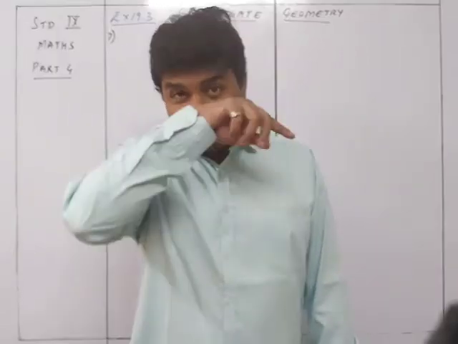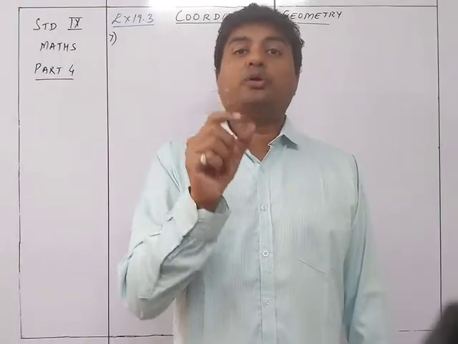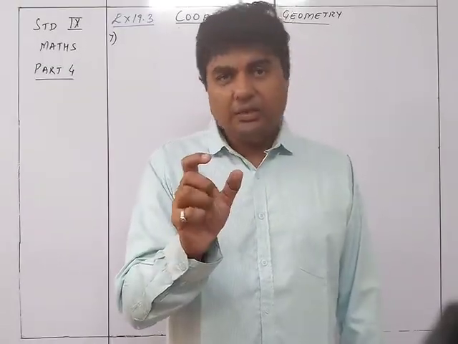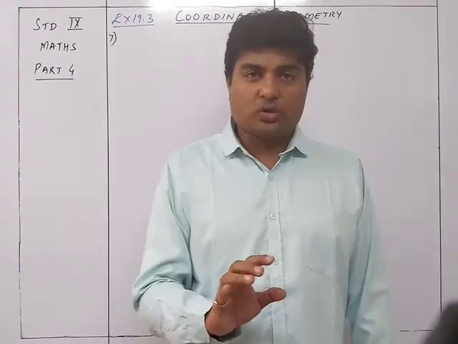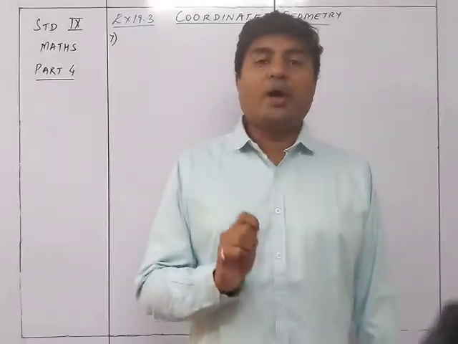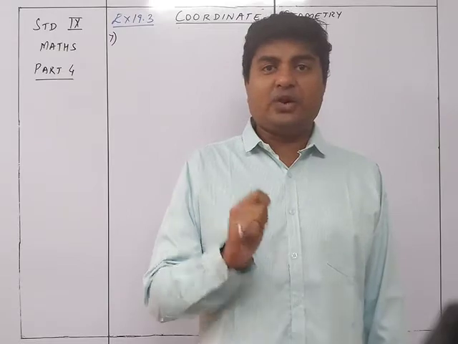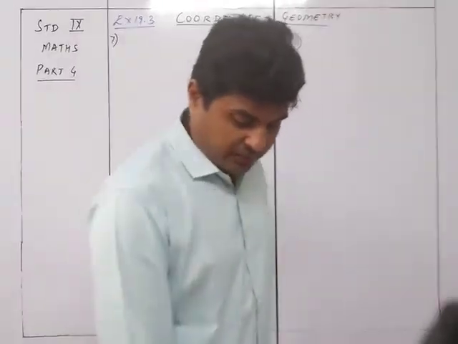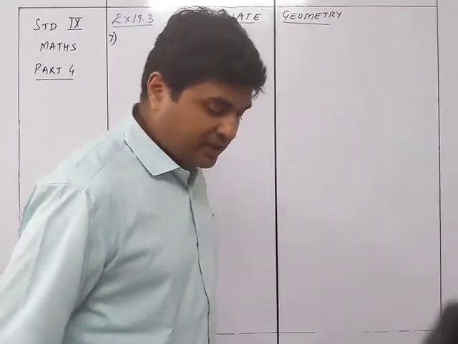So if it is given here that you have to take 2 centimeter as 1 unit, and you take 2 centimeter as 2 units, then you are going to get the complete sum wrong. So if the scale is given to you, you have to maintain that scale in your graph. So that is the very important part. So let's see the thing.